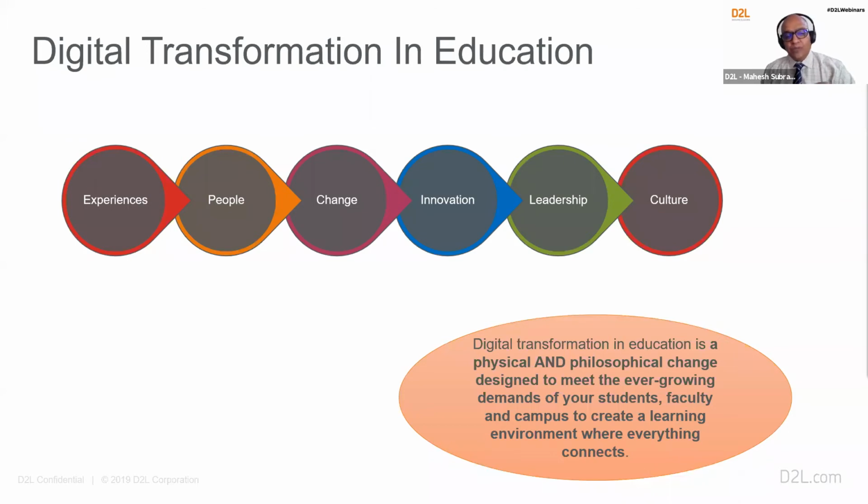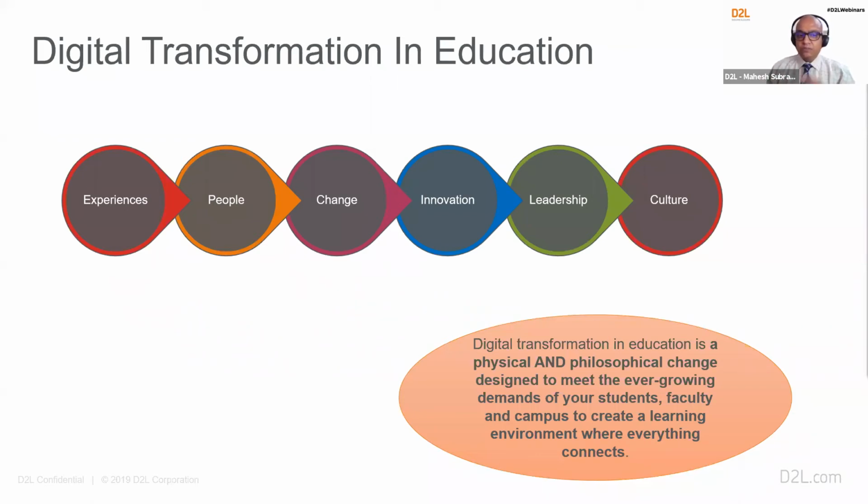So, in terms of the 6 pillars, we have the ability to build. You need to build the experiences that you're looking for in the hybrid learning model. People are key. So identify champions. Make sure that they're able to contribute to the dissemination of how things can be done effectively in the online space, especially in the hybrid space, which then begins the transformation exercise.